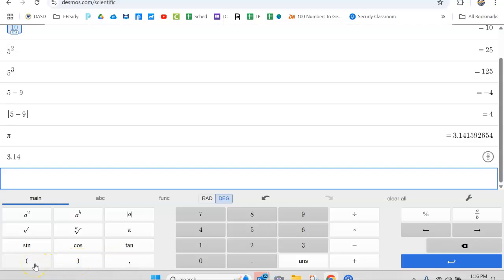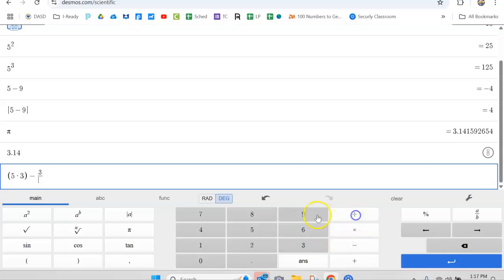The parentheses will be useful if you have an order of operations problem. This calculator will solve according to order of operations. So let's say you have 5 times 3 in a quantity, and we are subtracting 3 and dividing by 9. This will perform order of operations. So it will do 5 times 3 first, because that's in parentheses. And then it will do 3 divided by 9, because we do division before subtraction. And then finally, it's going to take 15 and subtract 1/3, which is going to be 14